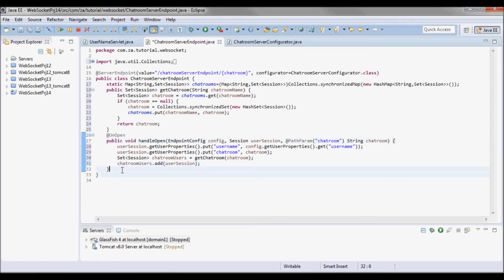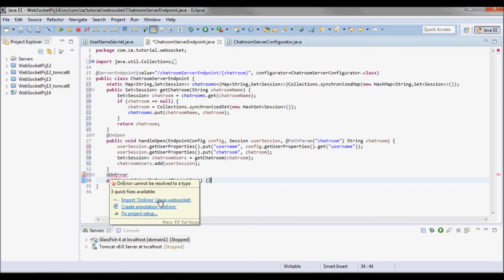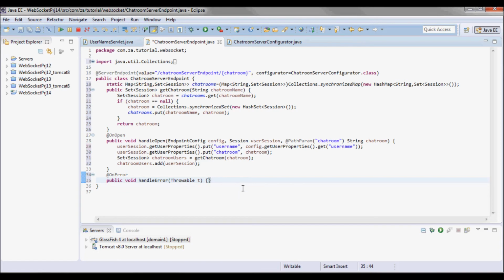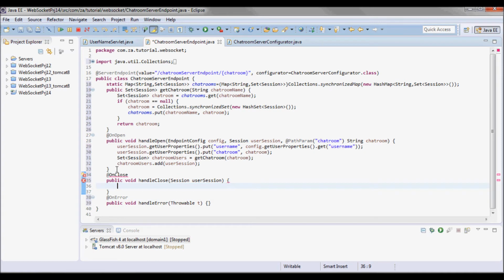and I'll have a method annotated with the onError annotation, and another method annotated with the onClose annotation.